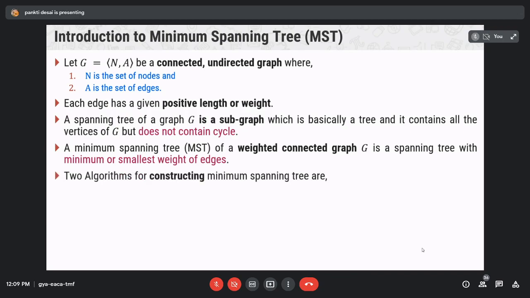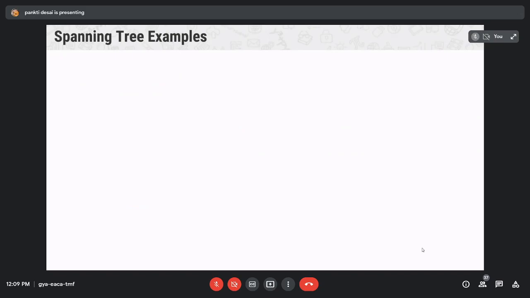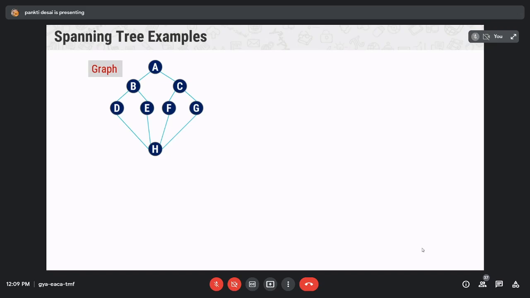Now, as I said earlier, there are two algorithms which are used for constructing a minimum spanning tree. The first one is Kruskal's algorithm, and the second one is Prim's algorithm. Now let us understand the spanning tree with an example. Consider this as a graph G. It has these nodes A, B, C, D, E, F, G, H. Now if you want to